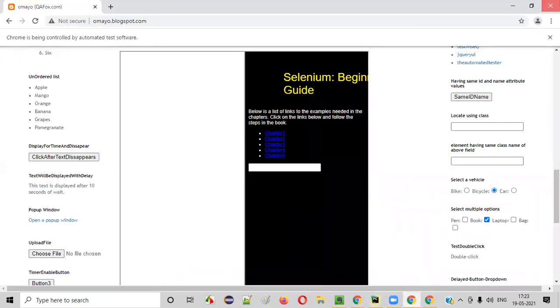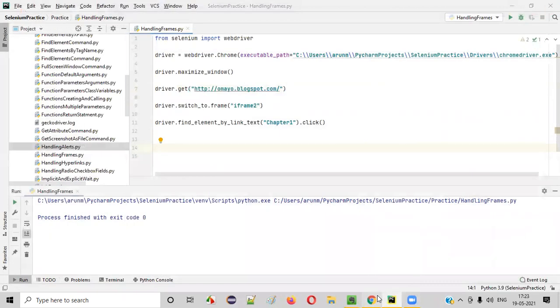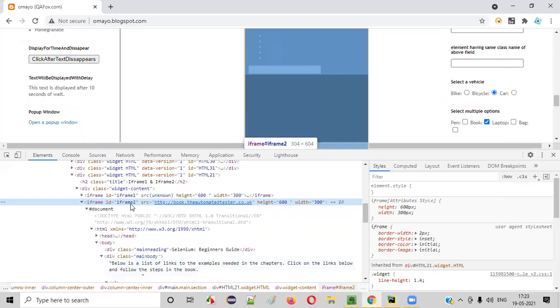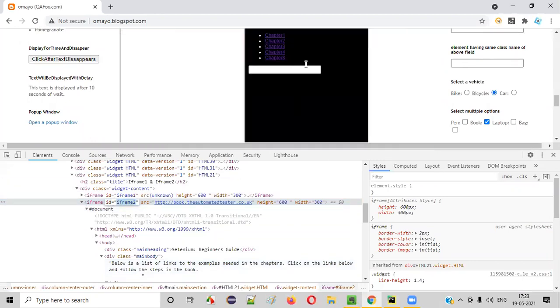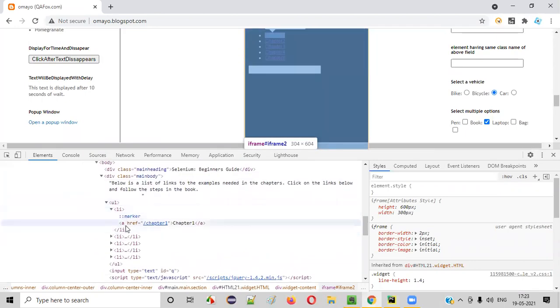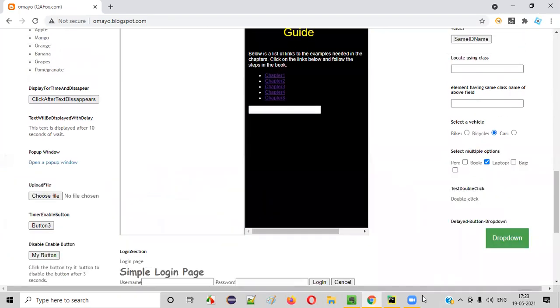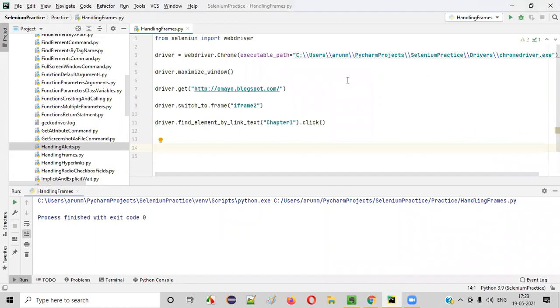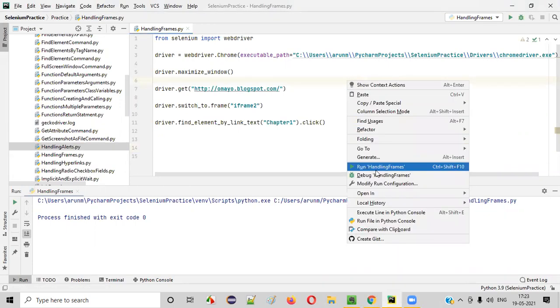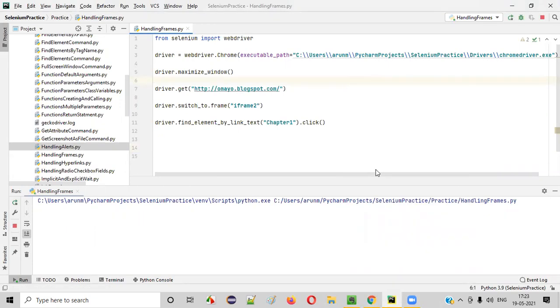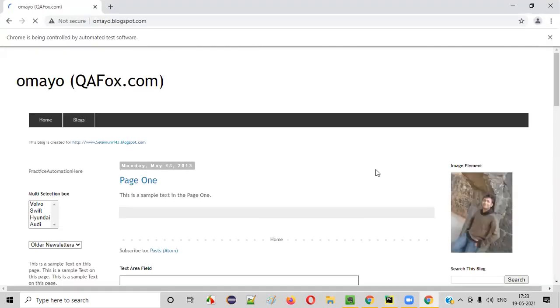Let me cross check whatever I have given here. Let me go to this and inspect this. iframe2 is the correct ID locator. Under that, we have this chapter 1 link text. That's fine. Everything is fine, but why is it not working? Am I making any mistake? Let me see this time. Final time.